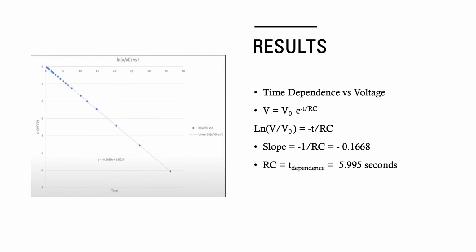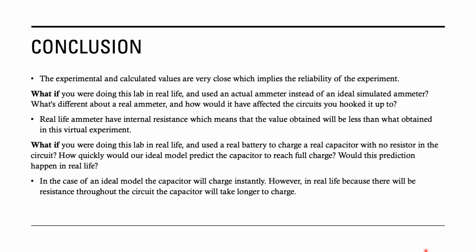For the results, we computed the voltage versus time, and with the formula we deduced negative 1 over RC, which is the slope of the graph, and we deduce RC, the time dependence, equal to 5.995 seconds. The experimental and calculated values of the time dependence were very close, 5.995 seconds and 6.25 seconds, which implies the reliability of the experiment. So what if you were doing this lab in real life